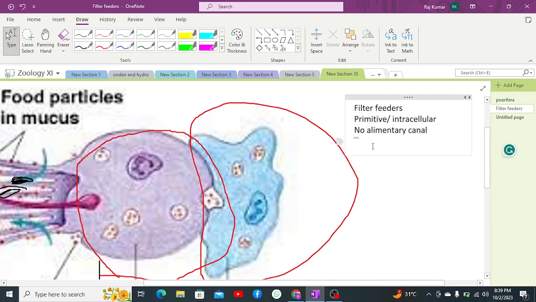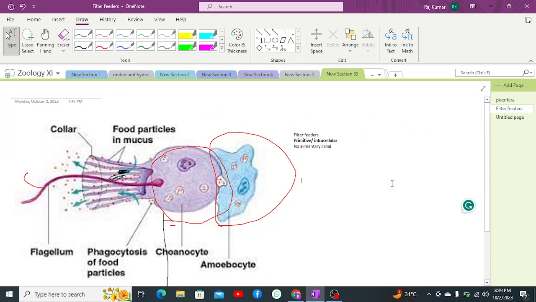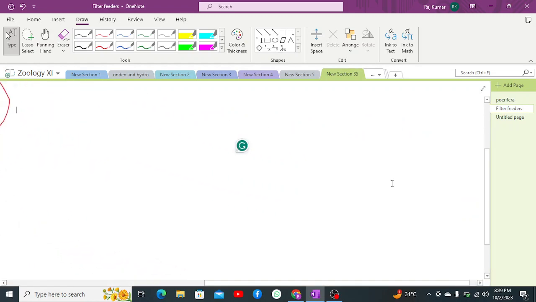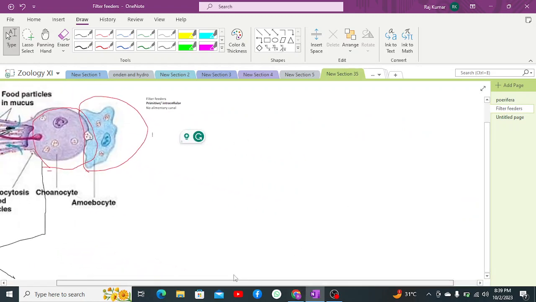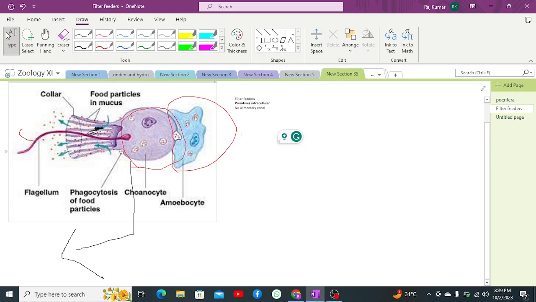So there's no alimentary canal, so primitive or intracellular digestion occurs. Apart from which, we are having intracellular digestion inside choanocytes. As intracellular digestion occurs, food is digested. Some of the food is assimilated within the choanocyte, while the rest of the food is then sent inside the mesoglea, mesohyl, where the amoebocytes perform amoeboid movement, due to which the food is then transferred towards the amoebocytes, as well